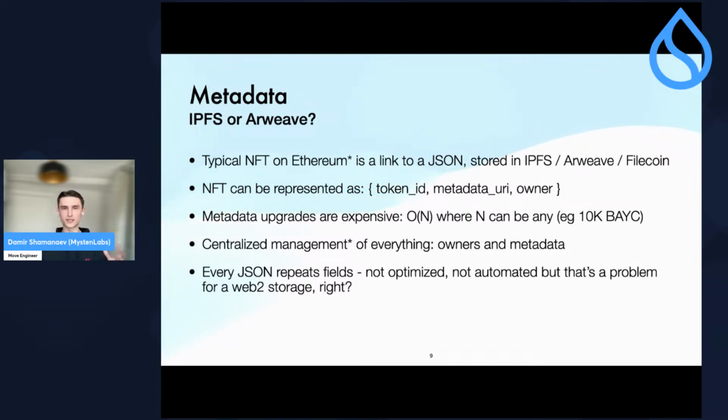So we have a centralized storage, typically in Ethereum, because every smart contract is a singleton. So you just publish a huge map where you define that all of these NFTs have this metadata assigned to each one of them. So all the JSONs, all the data is stored off-chain. And